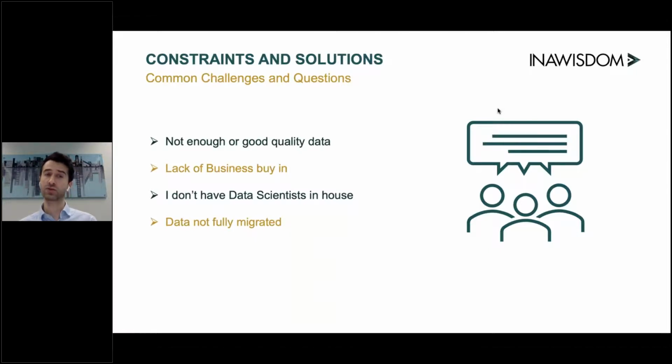The second thing is really about lack of business buy-in, or perhaps we hear it from customers like, oh, we don't have enough funding for this. That's exactly why we suggest discovering first and investing later. So discover, create that prototype, test it, and measure how good it is. So then if you can show that the value is more than the investment, then it's a no-brainer. It's a done deal, and then your business case is pretty much ready.